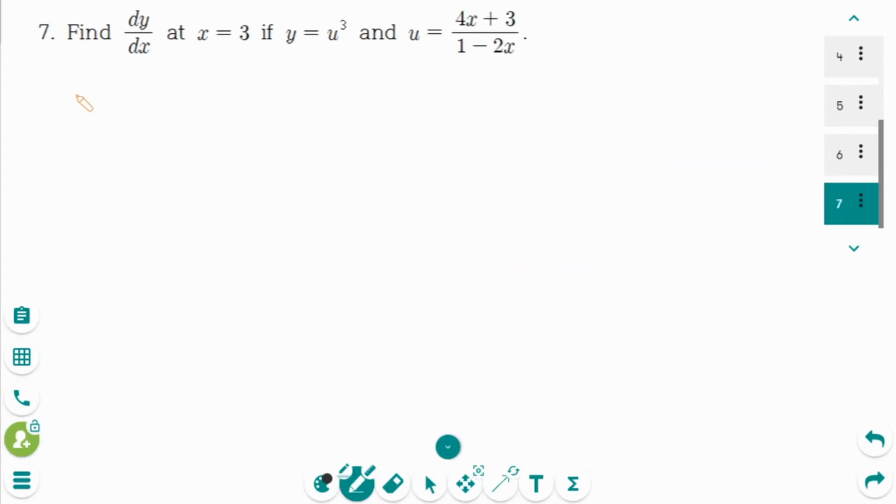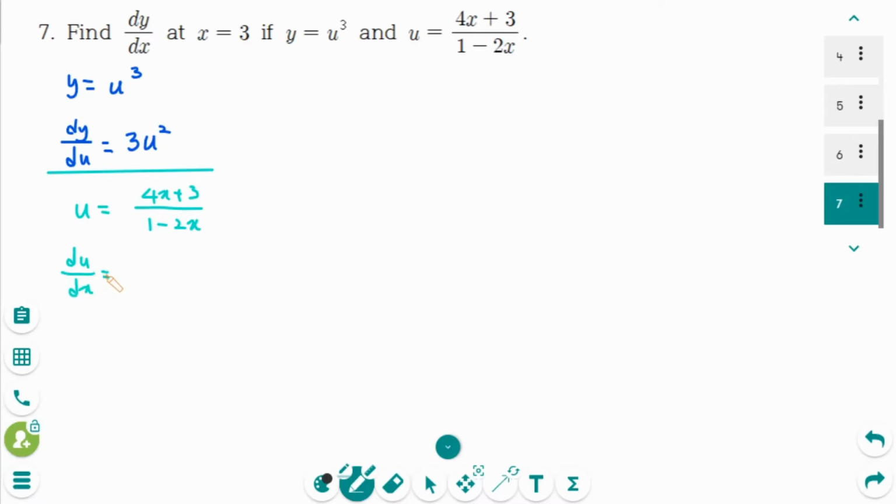Number 7, y equals u cubed. Use the power rule. dy/du equals 3u squared. u equals 4x plus 3 over 1 minus 2x. Use the quotient rule. du/dx equals